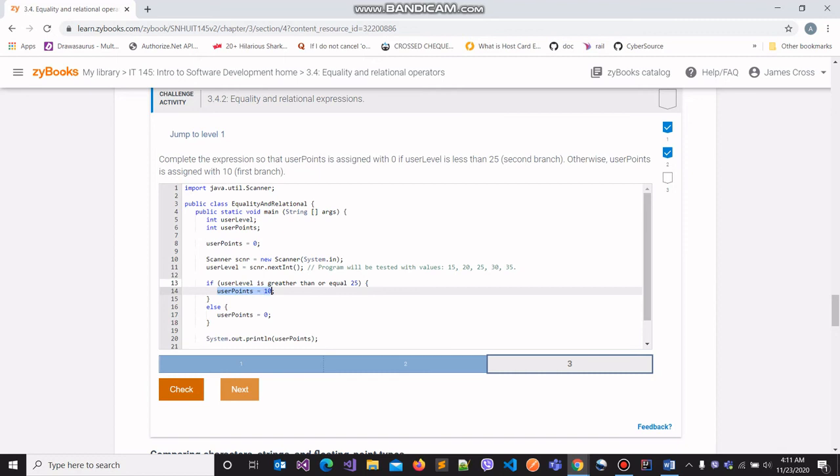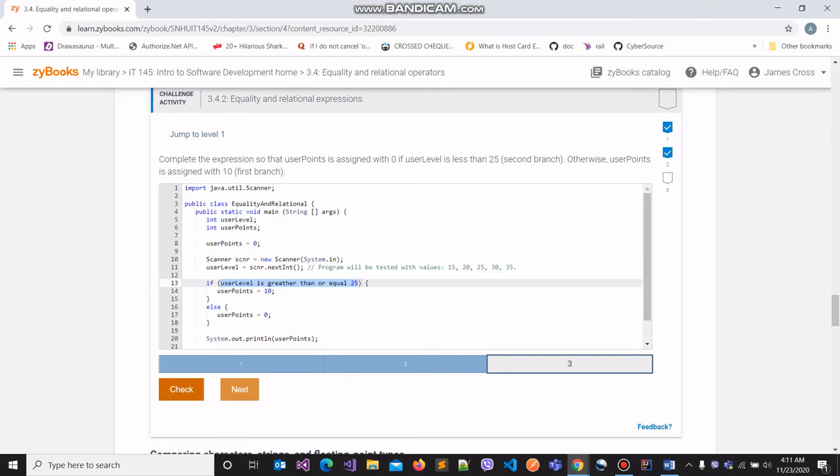If the value in userLevel is less than 25, then userPoints is going to be assigned 0. Make sense? So userPoints is only going to be assigned 10 if the value in userLevel is 25 or greater.